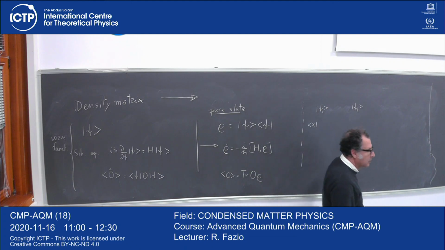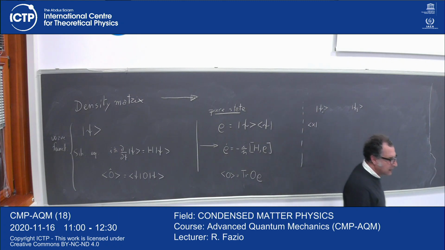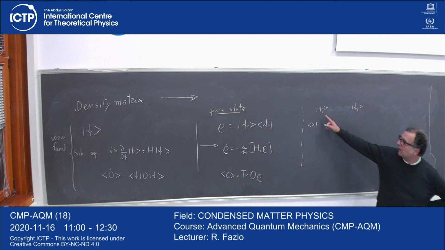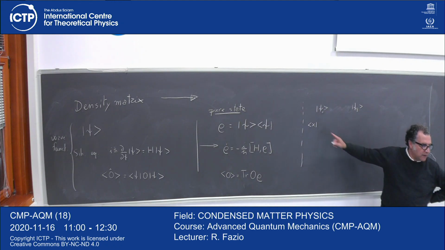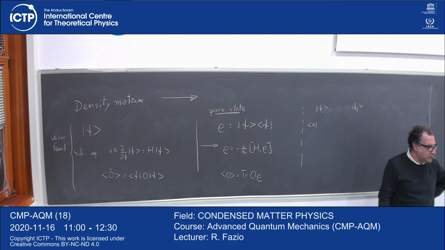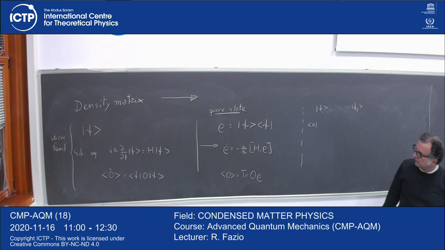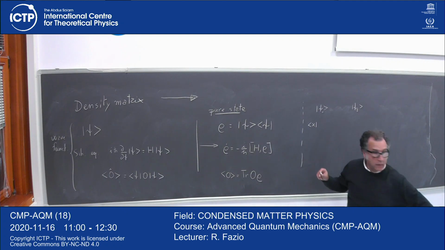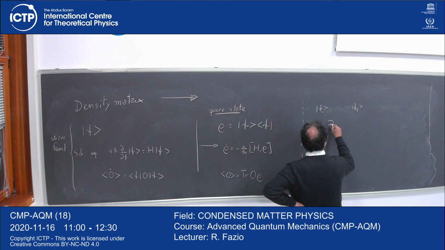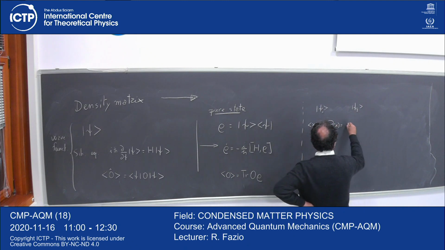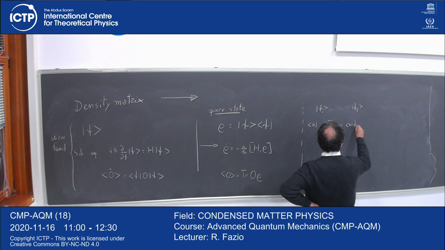So for instance, supposing that the wave function is psi 0, what is the probability that the system in the state psi 0 is found in the position x? What should I compute? Take the inner product of x and psi. Very good. So the probability to be in x is just the modulus of x with psi 0